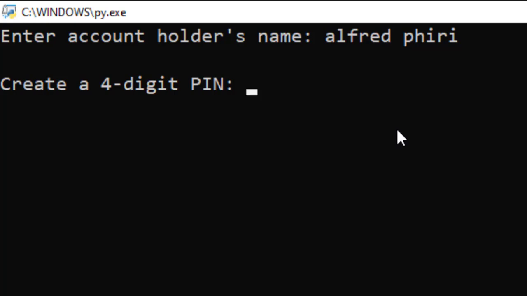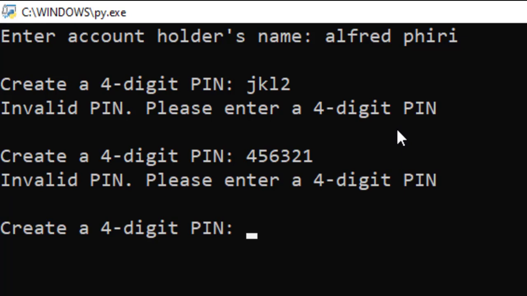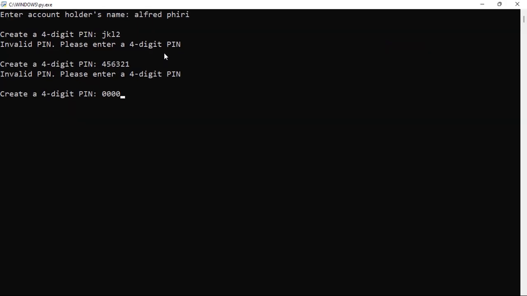For example, when you write JKL2, or if your PIN contains letters, it's going to refuse to create this 4-digit PIN, and it will come back to request you to enter a 4-digit PIN unless you enter numbers only and only 4. If you enter 6 or anything else apart from that, it will still come back to request you to enter 4 digits only. So in this case, I'm going to use 4 zeros,